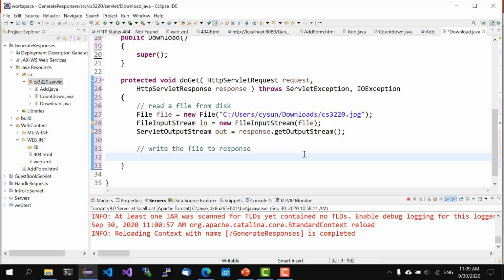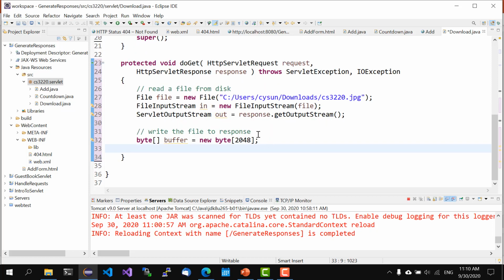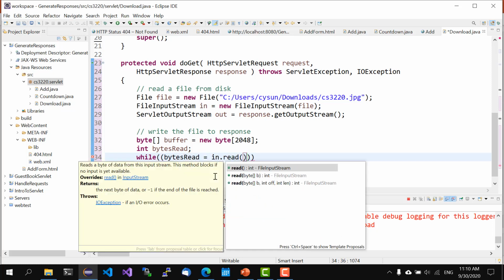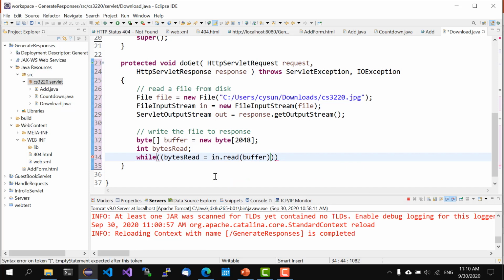The way to do it is a pretty standard way. Again, not sure you have done this before, but the code looks like this, where we'll have a byte array, and this will be our buffer, and typically you want to create a byte array of a few kilobytes. Right now I'm creating a byte array of 2K bytes. And then we'll need to read from the input. We'll say bytesRead, and this will be counting how many bytes actually read from the file, and we'll say bytesRead is in.read into buffer, and if it's greater than 0,